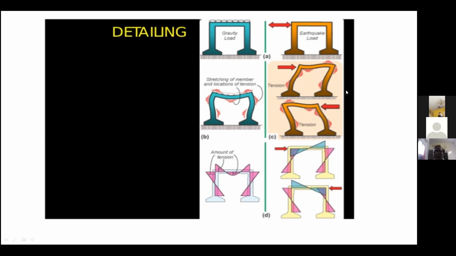Now, whenever the earthquake is acting from left to right, the red marks shown in those locations are where you need the tension reinforcement. Whenever the earthquake reverses, if you look at the other zones, you need the tension reinforcement there. So if you look at the final diagram, for earthquake detailing, what happened? In the beam, you have both the bottom face and the top face. Similarly, in the column, the left face and right face, all the faces need the reinforcement.